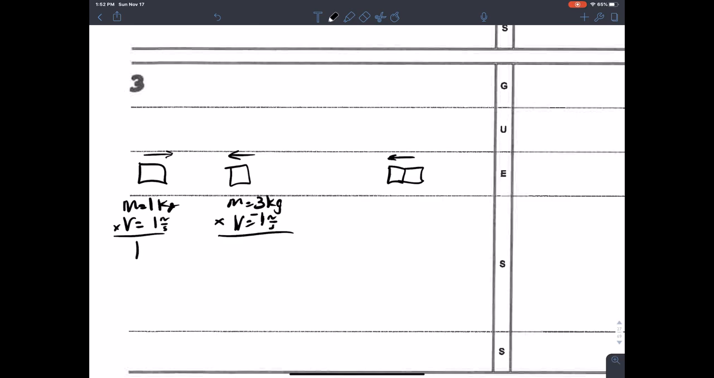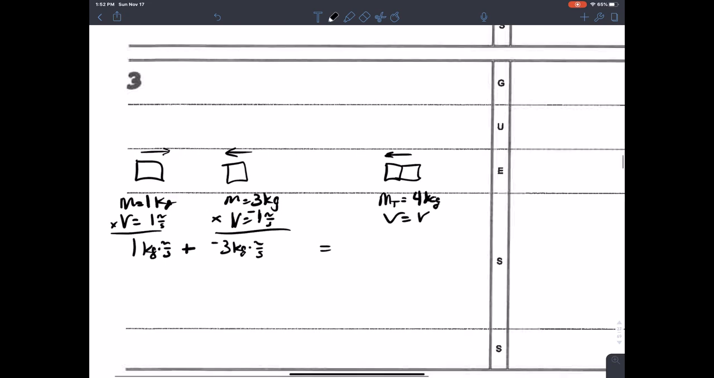All right, so we're going to have 1 kilogram meter per second plus over here you've got -3 kilogram meter per second. That has to equal our total mass over here, if they're stuck together, which is going to be 4. But you don't know what the velocity is, so I put a question mark for that. So we'd have 4 kilograms times our velocity. You've got your -3 plus 1, you've got 2 divided by